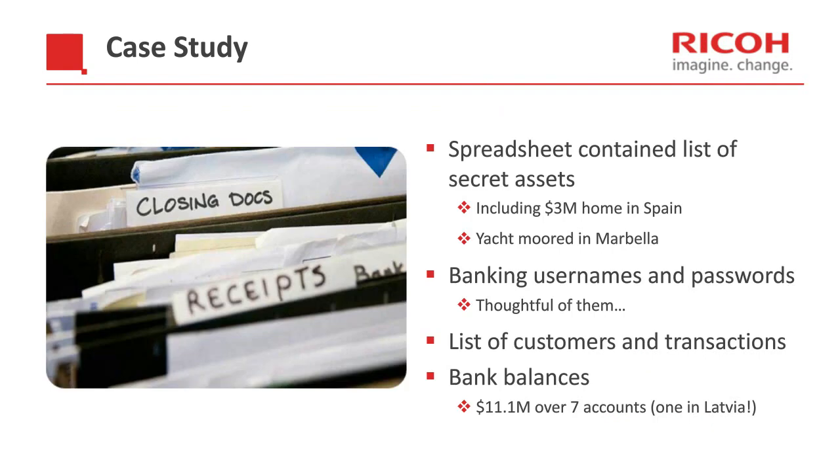It contained a list of secret assets, a $3 million home in Marbella, off of Spain. There's a yacht that had been purchased. They had their banking usernames and passwords, which was very thoughtful of them to store so that money could be recovered. What was most important to the customer was a list of customers and transactions, because from this, my customer, who were the software developers, wrote to everybody who purchased